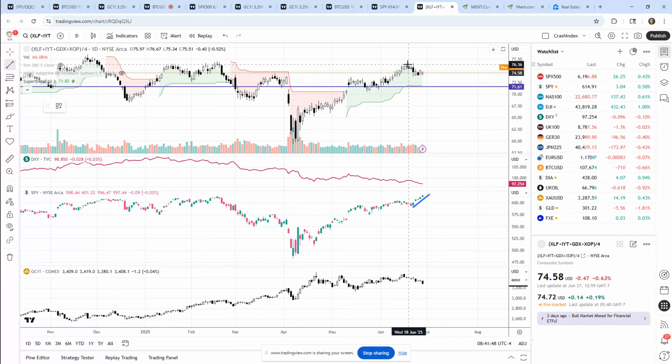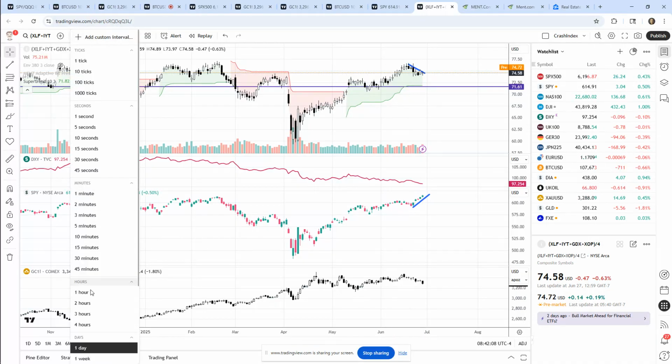Why would the crash index be stalling while the markets are pushing higher? As I've been telling you, I think we're looking at a very disconnected, isolated market. I think we're looking at a market that's really trending on its last fumes, and that could be a very dangerous market for us. Now, go to weekly,